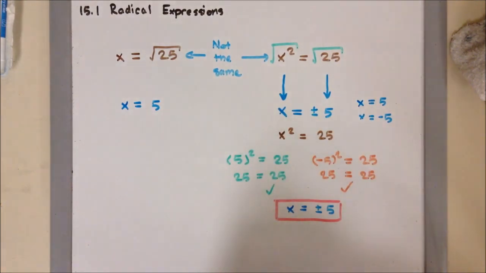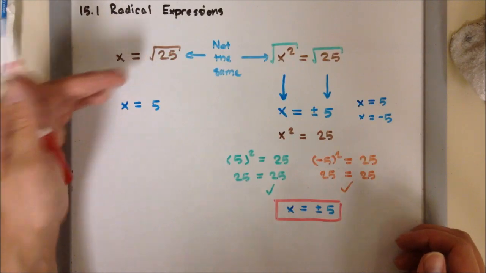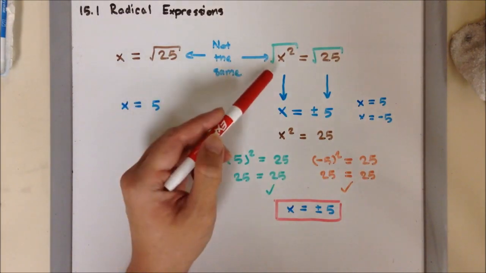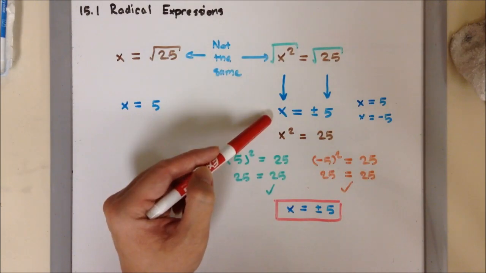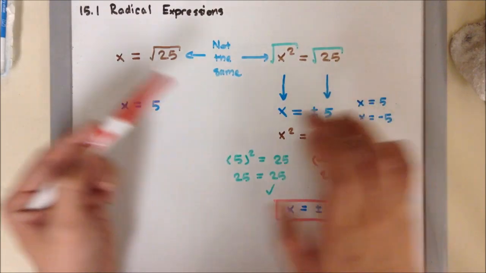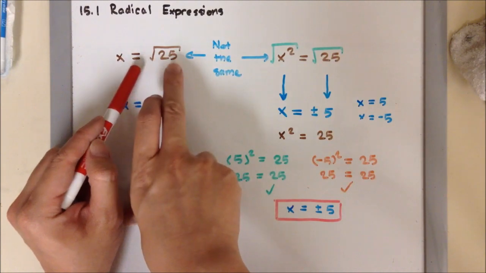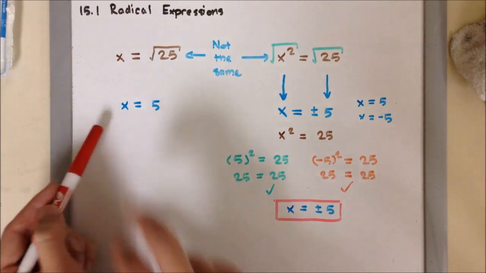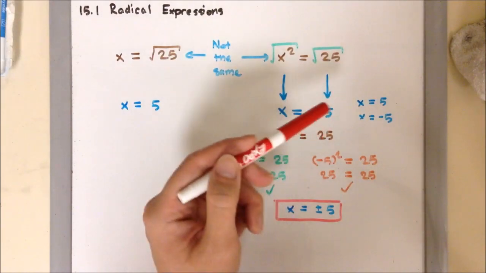So here, I wanted to show the difference between when you're solving where it says x equals the square root of 25 versus where it's x squared equals 25. When I'm solving for this one, I have to square root both sides so that I can get x, and then when you do the square root of a number, here we got positive and negative 5. Whereas over here, it's just simply x equals the square root of 25. When you see a problem like that, that means you're just looking for the principal root, so your only solution is x equals 5. Whereas over here, we have two solutions, x equals positive 5 and negative 5,